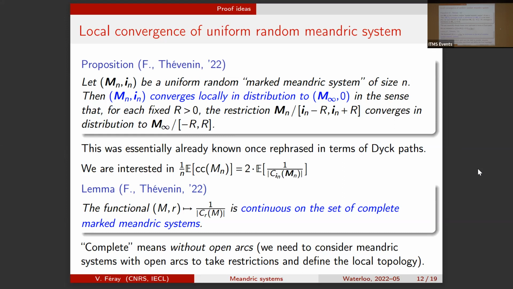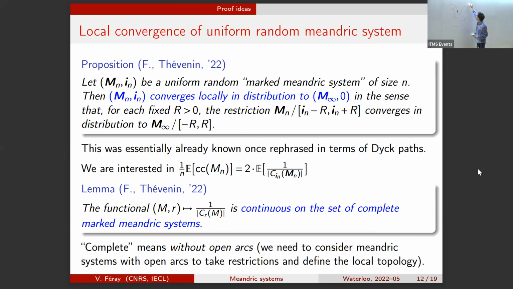You need it to be continuous on some subset. The subset is what we call complete marked meandric systems, where each point is linked to another point. So why is there this? When you start to take restrictions, it might happen, I did a bad picture here because I don't have that, but it might happen from time to time